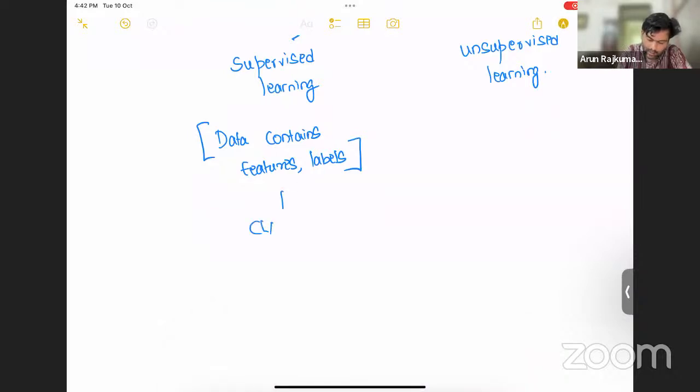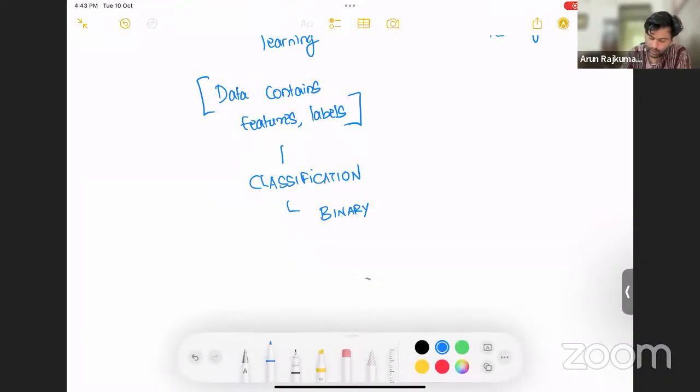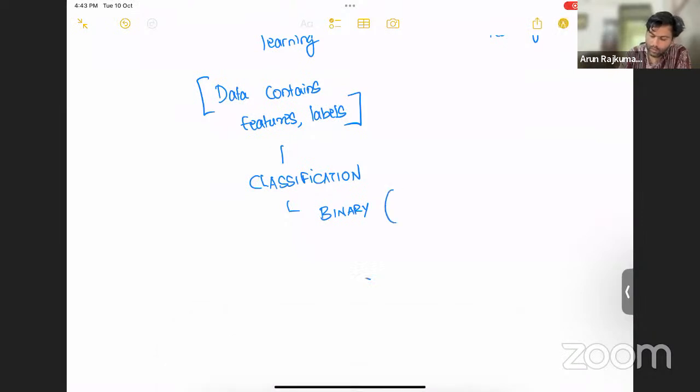One is what is called a classification problem, where the labels are discrete classes, right? So, for example, this can be binary classification, where, as an example, one example that we saw here was the bank loan problem. Another example could be, you might have a lot of emails at your disposal, and then some